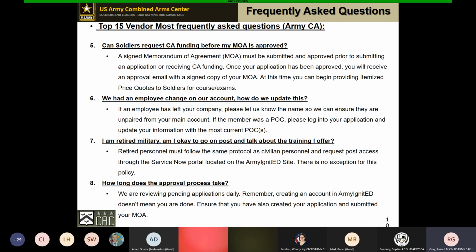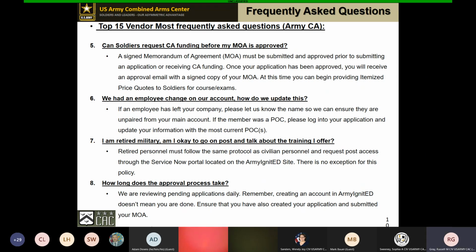When that occurs, we will send you an approval email with a copy of your signed MOA, signed by both you and the Department of the Army, and then your information will be available for soldiers to see. So they will not be able to submit anything for funding until we have that MOA on file.